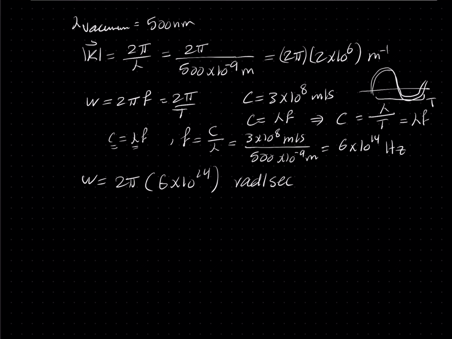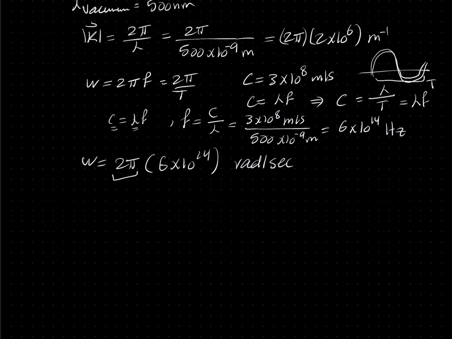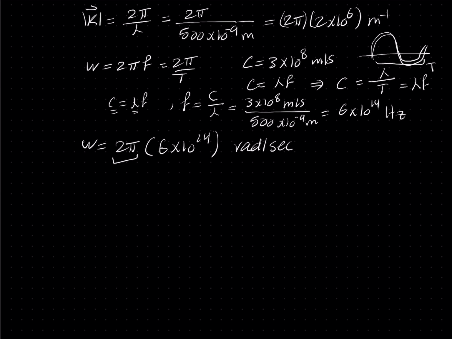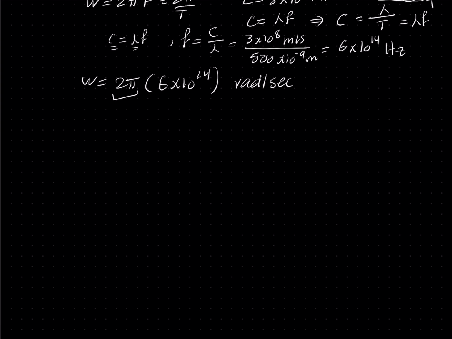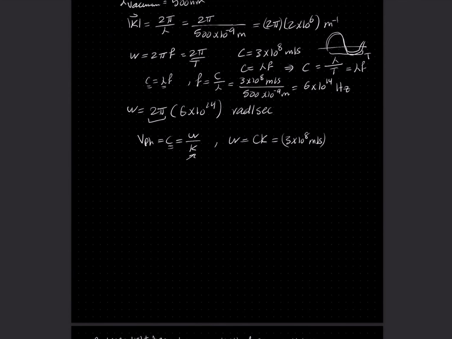All right, I like to keep everything in terms of 2 pi here. What's another way to calculate omega? If you don't want to go through calculating the frequency, then we know that the phase velocity, which is c here, is equal to omega over the wave vector, or the magnitude of the wave vector k, right? We know c, and we just calculated k above, so we can calculate omega, which is going to be ck, basically. So we have 3 times 10 power 8 meter per second,